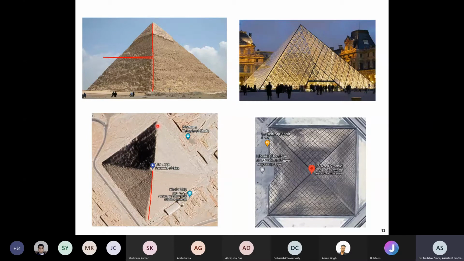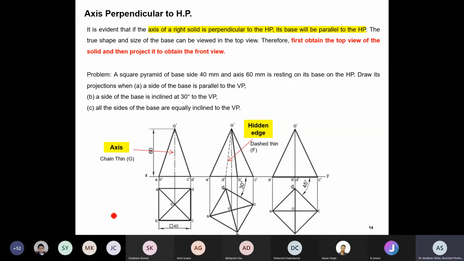You can see 4 edges. Let me draw them for you. On the top view you see 1, 2, 3, 4 edges. Similarly here also you will see 4 edges, 1, 2, 3 and 4, right? But you are facing towards this face. This is the point of view of the observer, or the orientation of this pyramid. Whereas here you are looking at the side edge of this. Okay, let me go to the next slide, then I think this will be more clear. So if you look at these 2 examples.